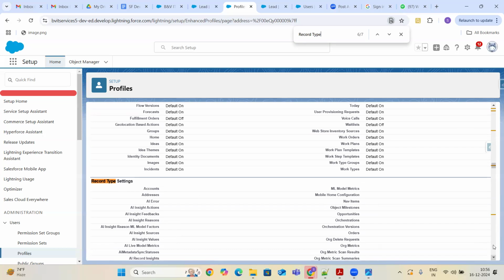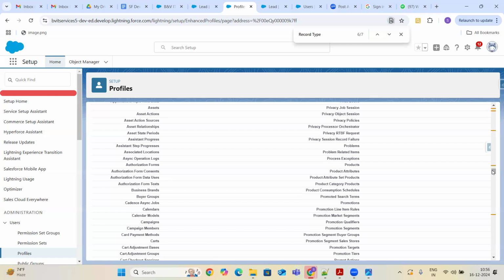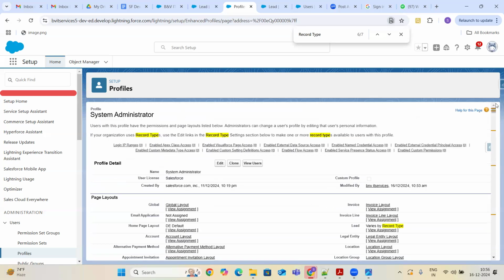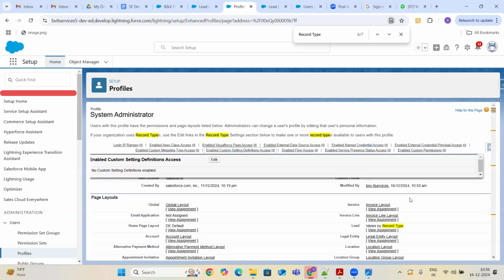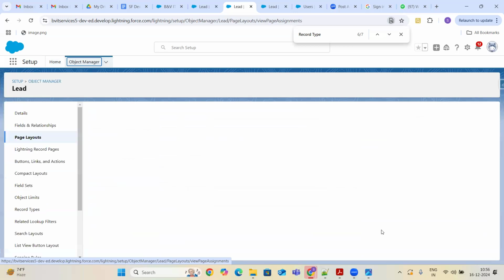So here are the record type settings. Here I can see my lead object. For my lead object, I'm going to click on the view assignment link.